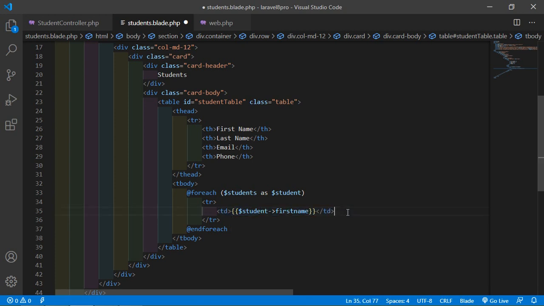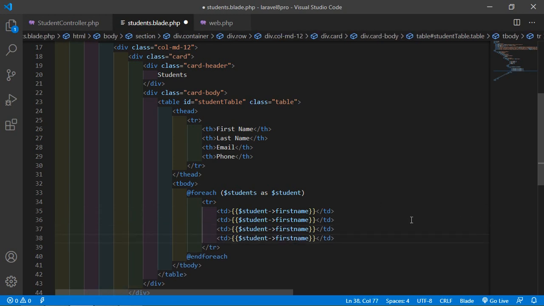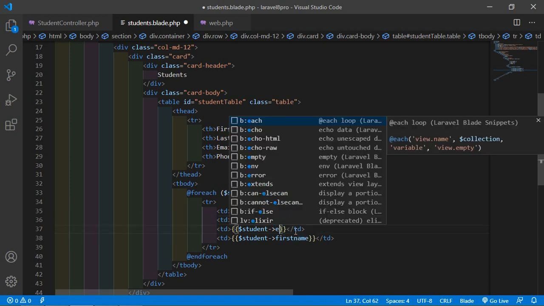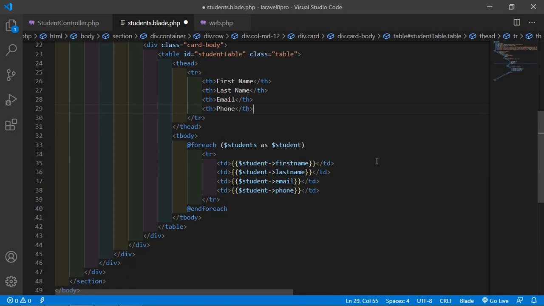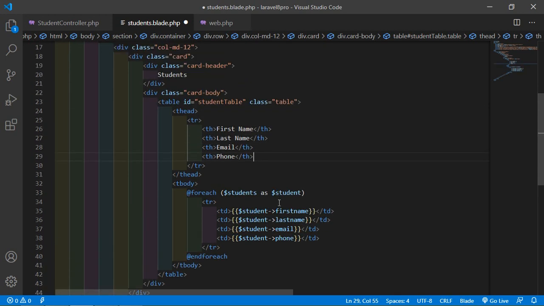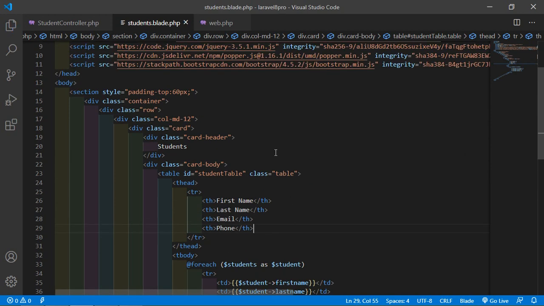Now copy this and just change here last name, then email, and here phone. Alright, now save this file and